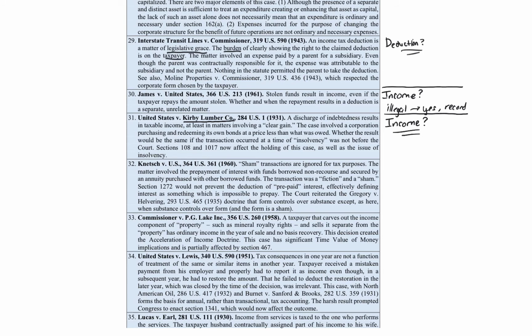So this case deals with a discharge of indebtedness. And it says a discharge of indebtedness is gross income. So if you have discharge of indebtedness, gross income. And again, you're like, look, I already knew that. And this case came before Glenshaw Glass. If you have Glenshaw Glass, this case is irrelevant, right?